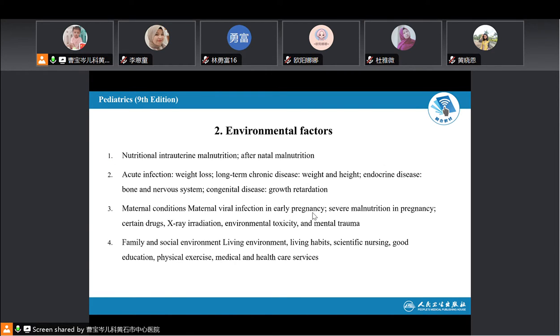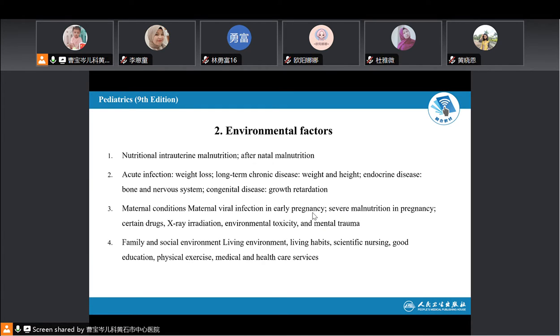Two is the environmental factors. Nutrition: intrauterine malnutrition and after-birth malnutrition. Diseases: acute infection with weight loss, long-term chronic disease affecting weight and height, endocrine disease, bone and nervous system, congenital disease, and growth retardation. Maternal conditions: maternal infection in early pregnancy, severe